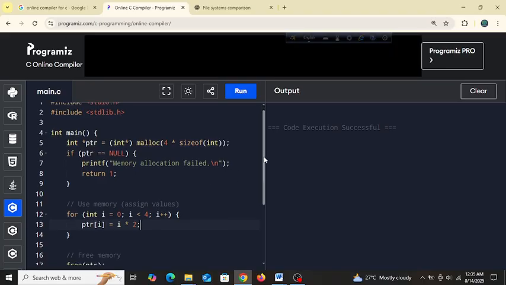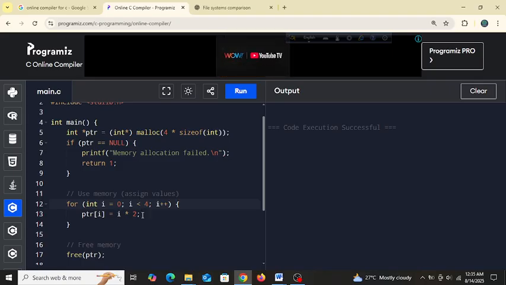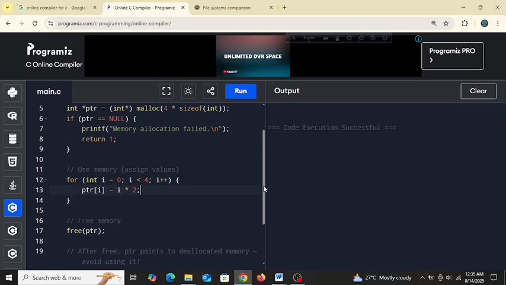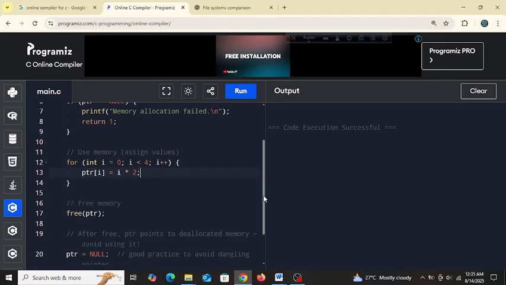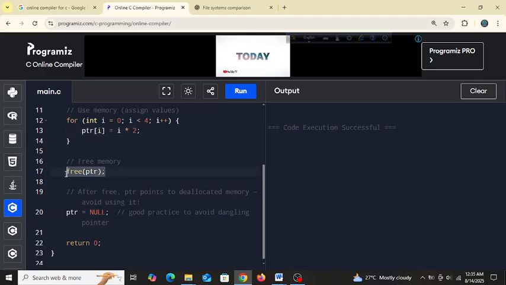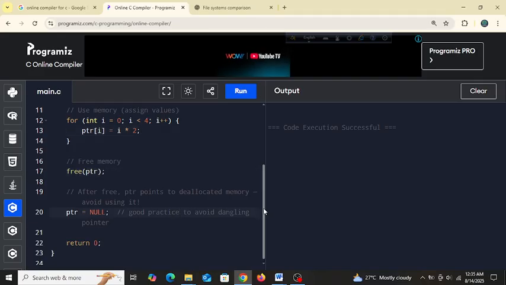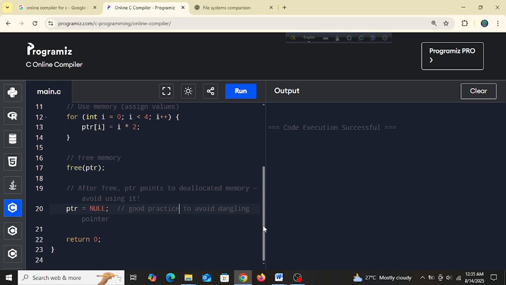So that means, guys, 0 into 2 is 0, then i will increase, 1 into 2 will be 2, and then 2 into 2 is 4, 3 into 2 is 6. This is how it will increase, guys, okay. So now free ptr, we are freeing memory, and we are not printing anything, right? There is no print statement here.